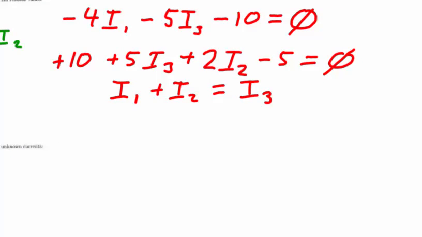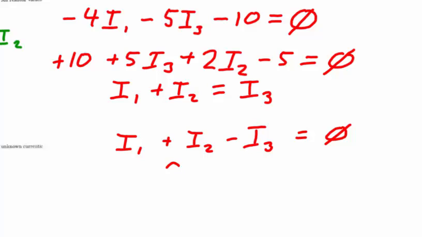by writing all three equations in the neatest possible form. I'm going to begin with the junction law by moving all of the unknowns to the left-hand side of the equal sign, in which case we have I1 plus I2 minus I3 is 0. Translating the middle equation, we notice that it has an I2 term and an I3 term. We're going to leave those on the left-hand side of the equal sign so that we have twice I2 plus 5 times I3. And we'll move all the constants to the right-hand side of the equal sign, producing a total